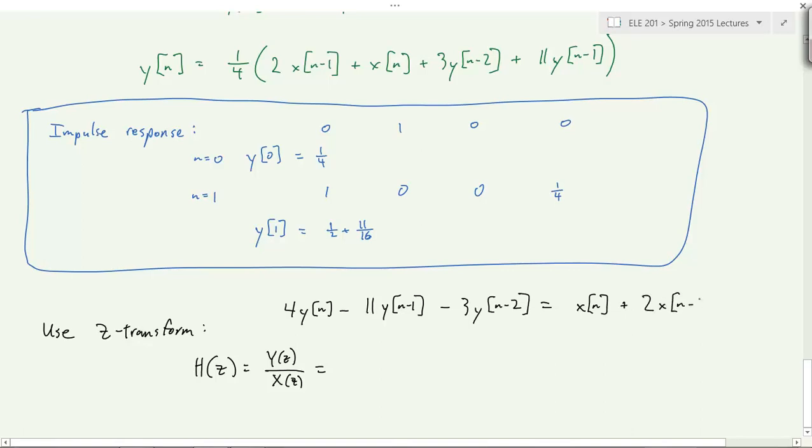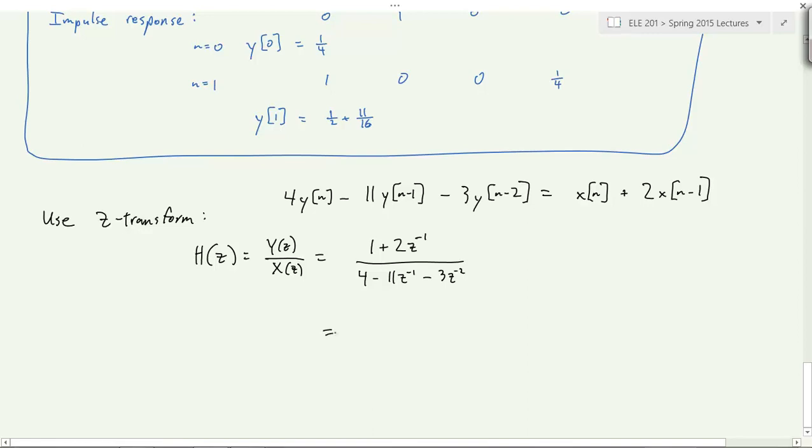I just collected all the x's and y's over, right? And then I can very easily get my z transform formula: 1 plus 2z inverse, that's coming from this right side, over 4 minus 11z inverse minus 3z to the negative 2. There's the z transform. Now what we want are the poles and zeros, so the next step here would be to